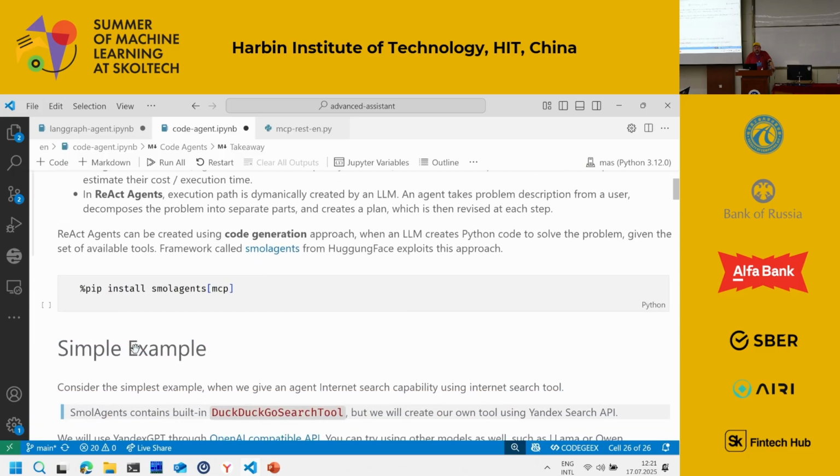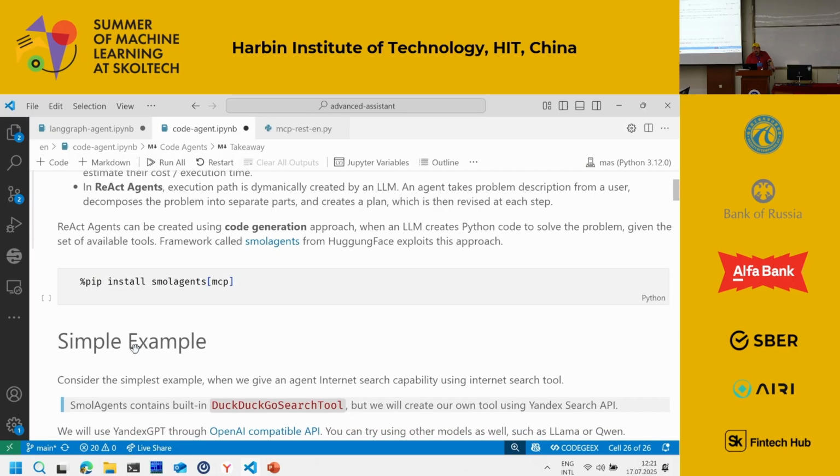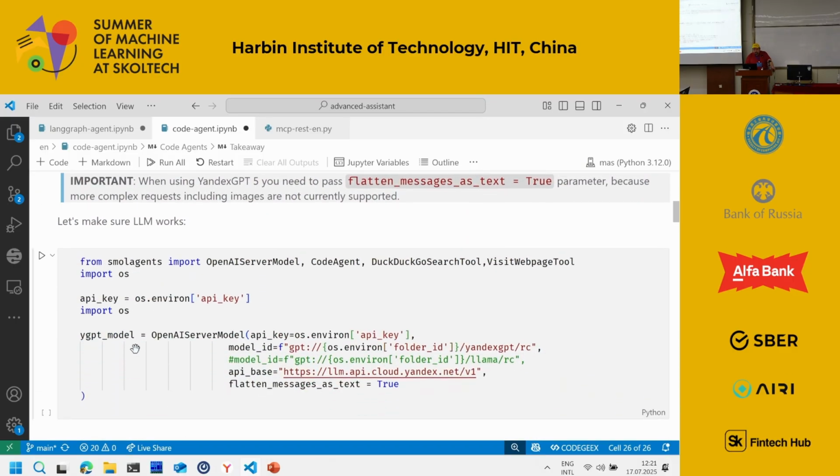So the idea of Small Agents is that you write an agent which can write code in Python. The agent runs arbitrary code, executes this code, it does something, the agent looks at what it did and decides what to do next. So the LLM is responsible for figuring out each step of the scenario by itself, right? So how does this look?